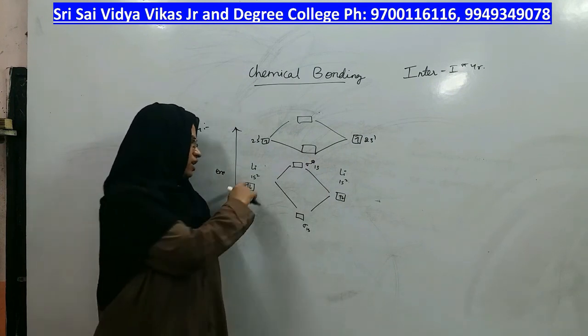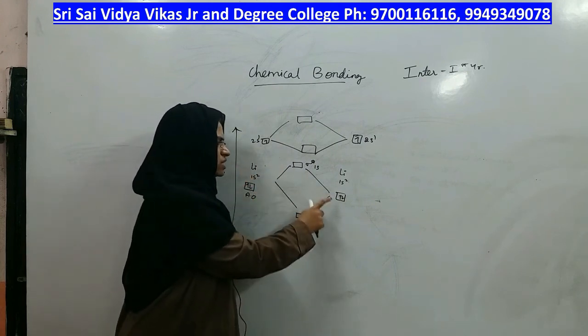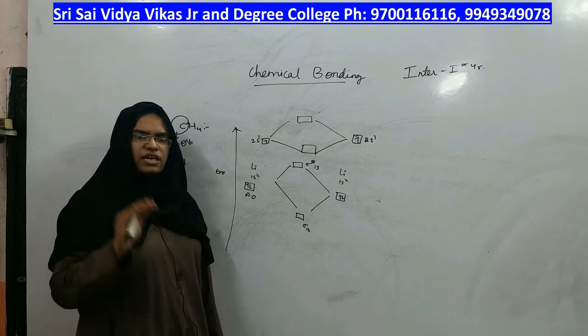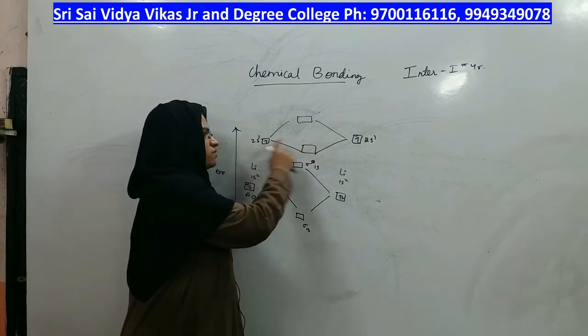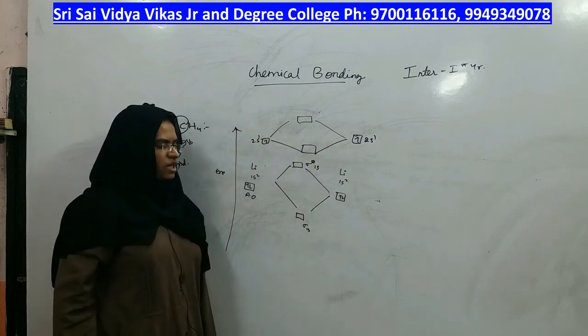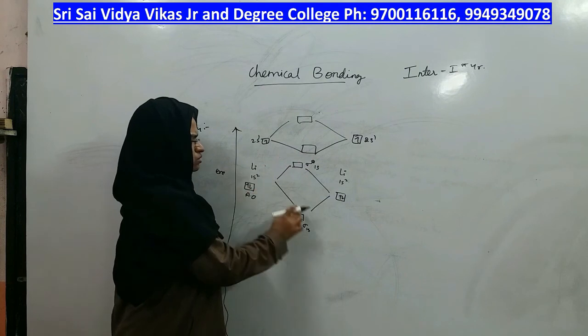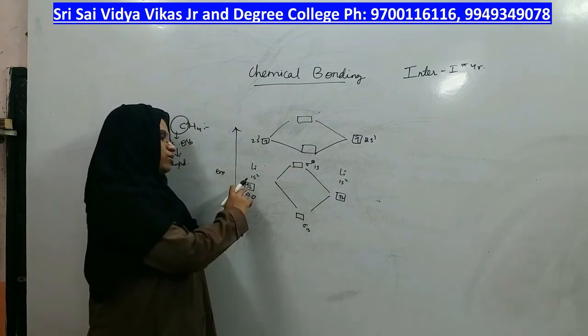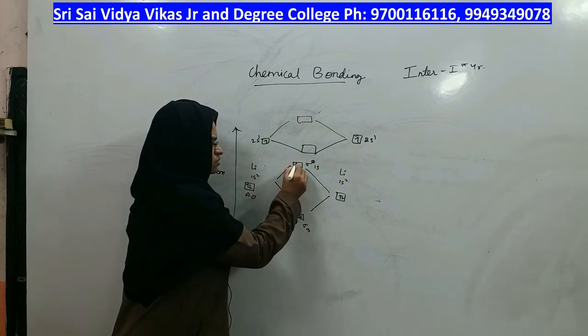So therefore we have taken separately 1s2 of one lithium, 1s2 of another lithium only, and after combining that shell we went to the next shell, which is 2s1 and 2s1 of 2 lithiums, right? So now let us count the number of atomic orbitals. Molecular orbitals are also 2. Number of electrons are 4. So here also start filling 1, 2, 3, 4.